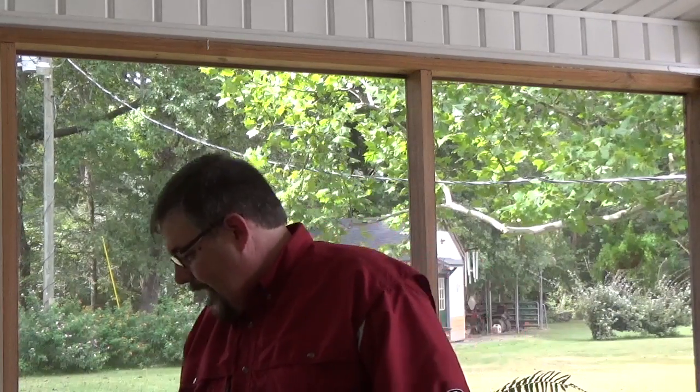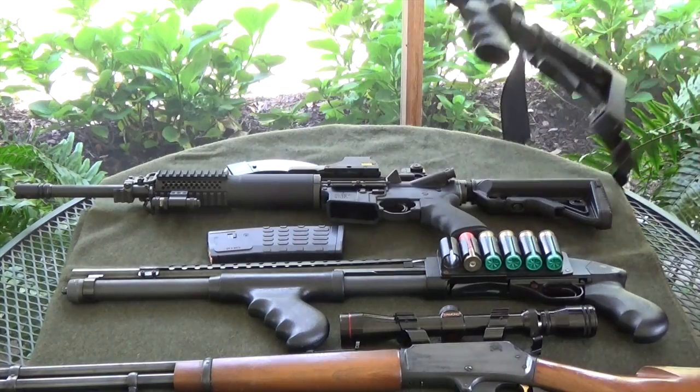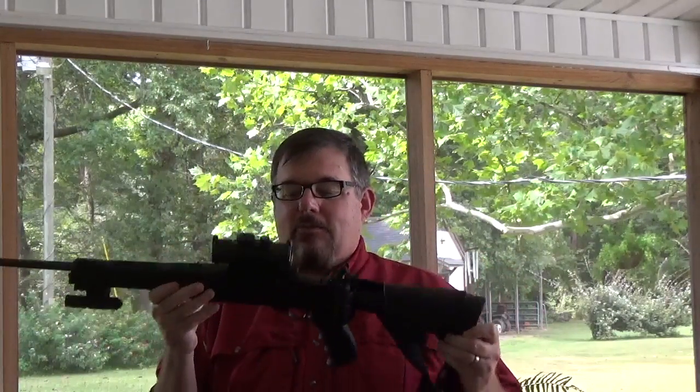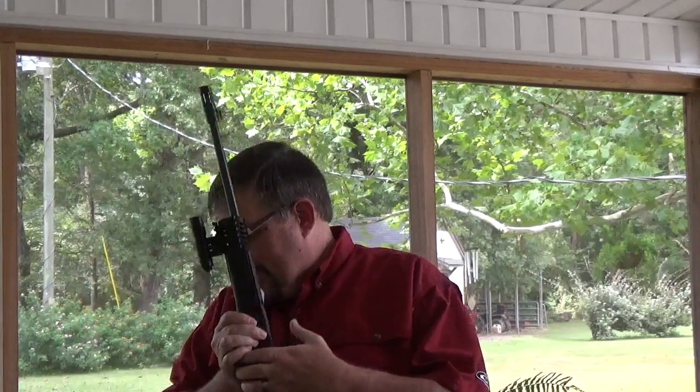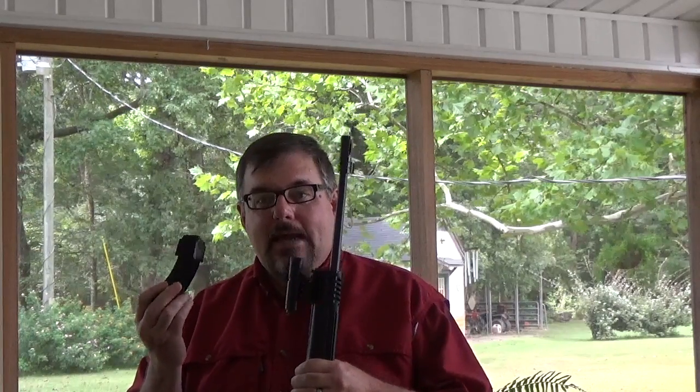And then another thing, and one of the first tactical style, assault style rifles that I built was I took my Ruger 10/22 and created an assault type rifle with it. And one of the things I like about it, you can get banana clips that'll hold up to 50 rounds in there. This can be a very deadly weapon